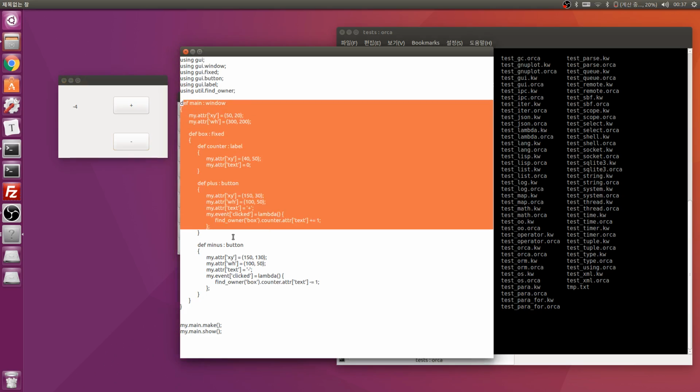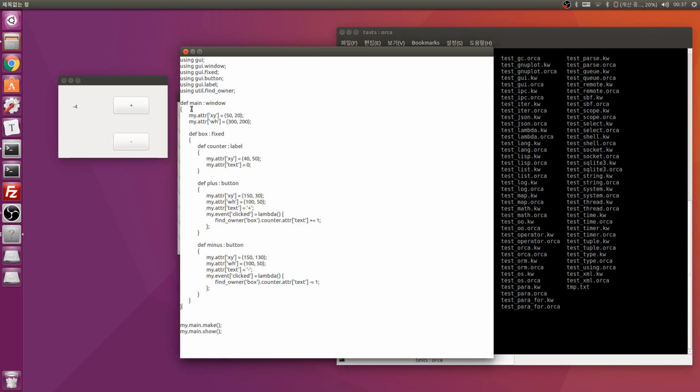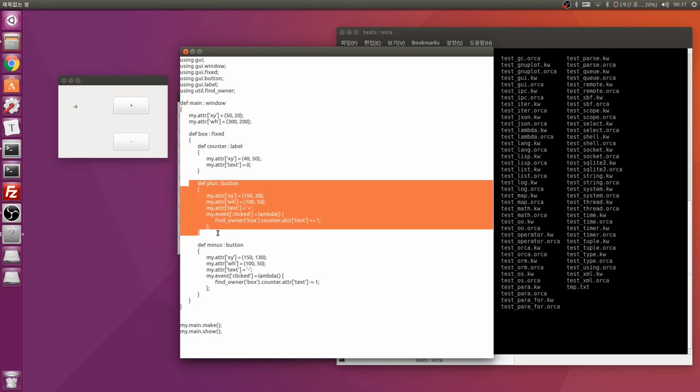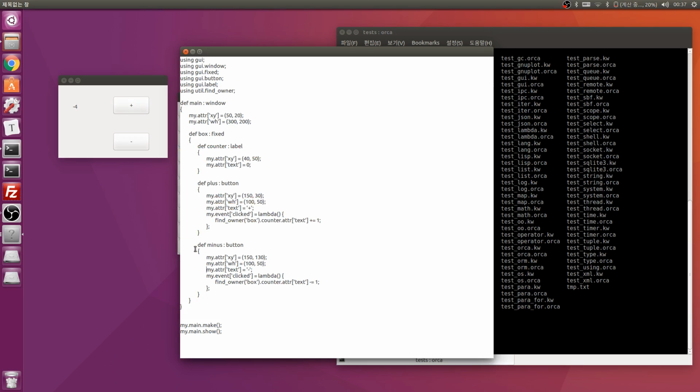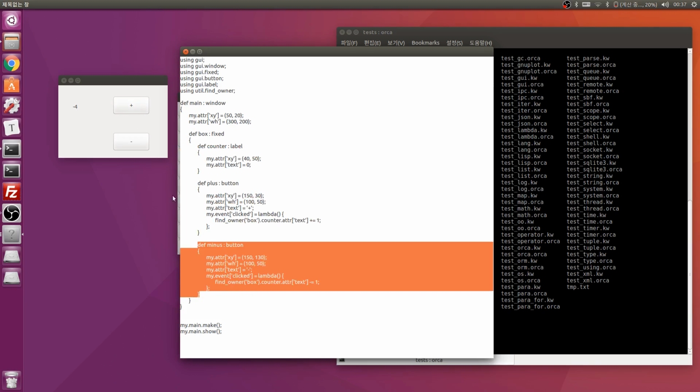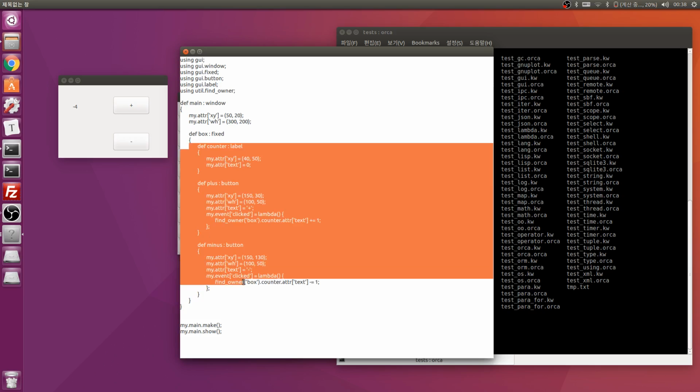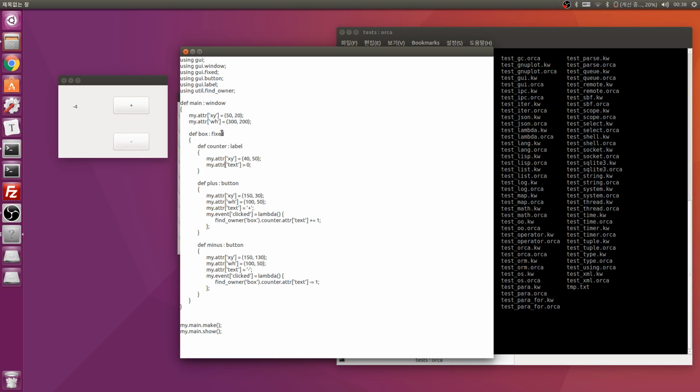In Orca code, there is a real main window, and counter means this counter, and this plus button means this plus button, and this also means this minus real button. These three objects are located in a fixed box group